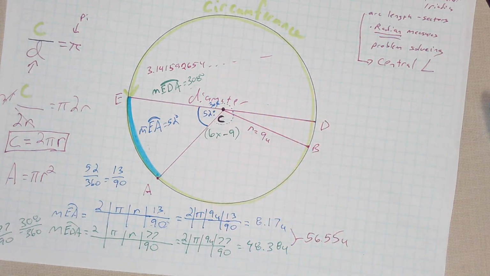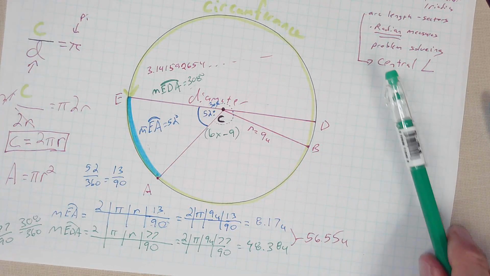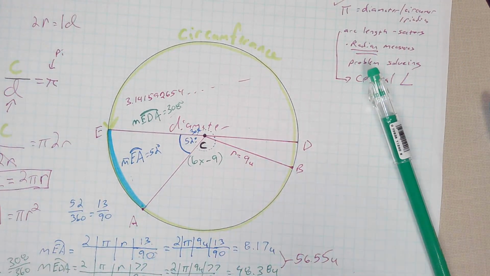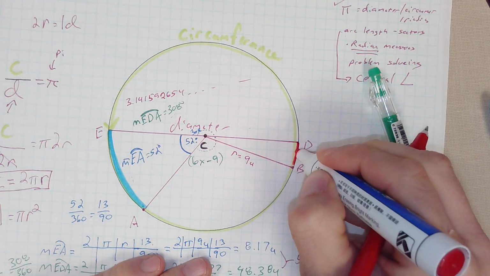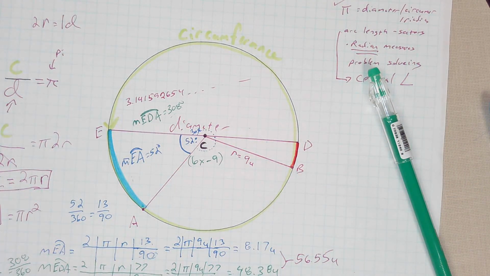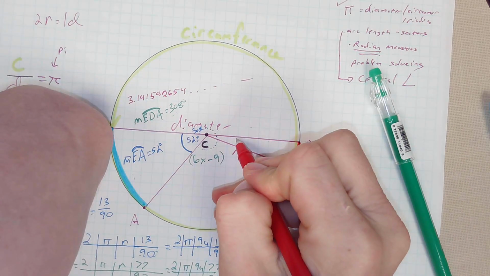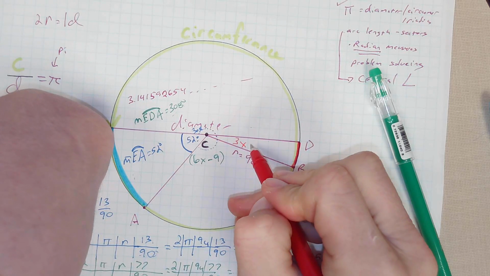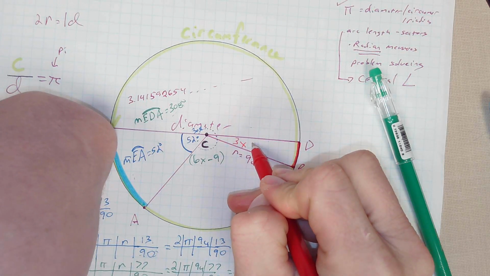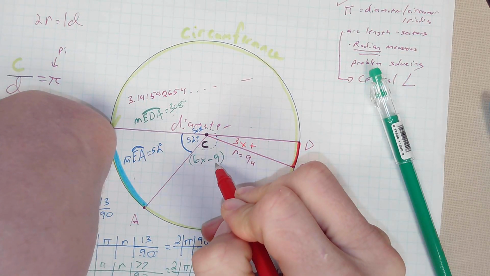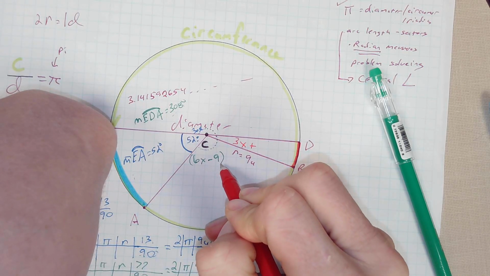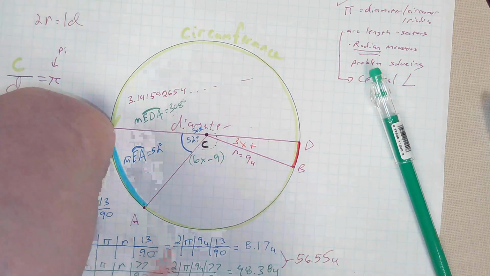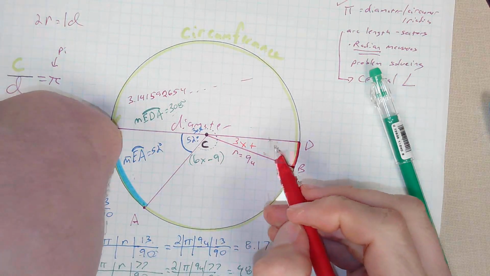This arc is red, and we'll say this arc is 3x plus